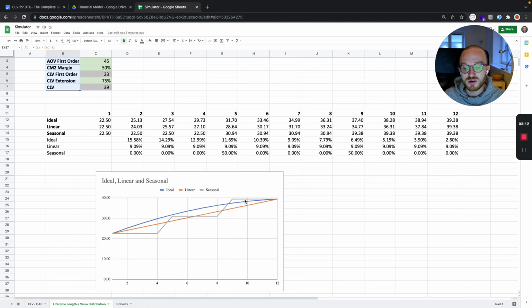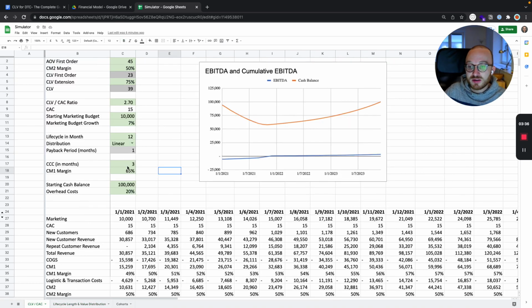it might not look like a lot. So here we have like a 5 euro difference in cash flow, but if you now multiply that by thousands of customers, the difference in cash flow can become quite significant. And then if we go back, we also have the cash conversion cycle, which is 3 months in our case,